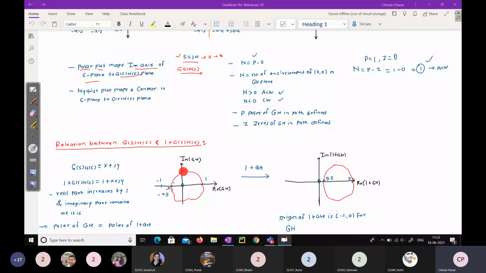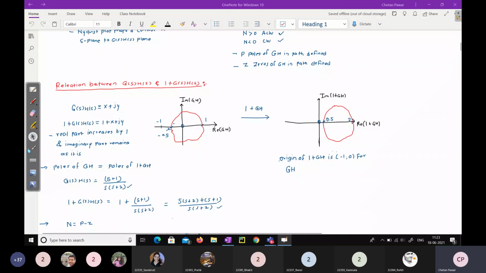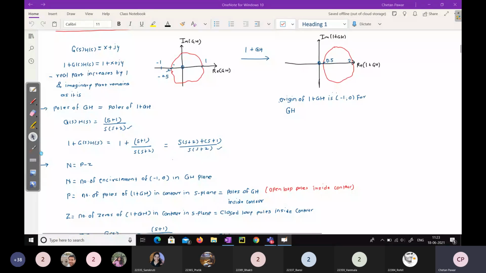what is the open loop transfer function? GH. Now, in all Nyquist plots, polar plots, or Bode plots, we use an open loop transfer function. The open loop transfer function is G(s)H(s). We use this transfer function to determine the closed loop system stability. So by using this open loop transfer function only, I need to determine the closed loop system stability. For that purpose, I will use this criterion in such a way that I will be able to determine the closed loop system stability.